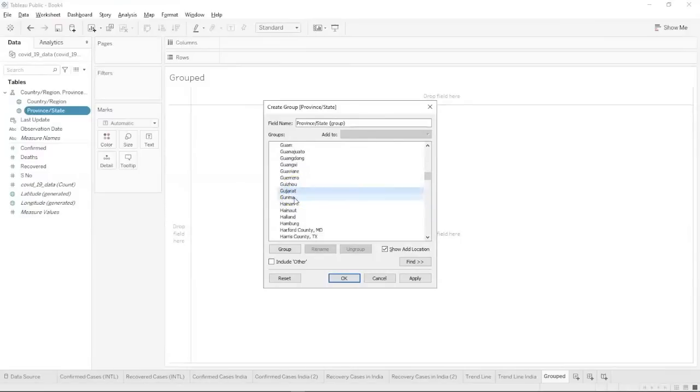We have Gujarat, we have Haryana, we have Lakshadweep, Jammu and Kashmir, Jharkhand, we have Karnataka, we have Kerala,